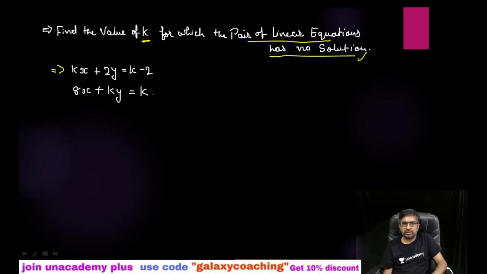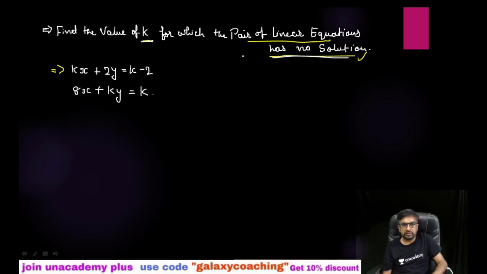So in this question guys, they had told you to find out the value of k. So you can see here only one variable they had told you to find out, because the pair of linear equations has no solution. So when a no solution type of question is given to you, at that time only one missing value you can find out. And when infinite numbers of solutions are there, at that time two missing values you can find out. So please keep that in mind.